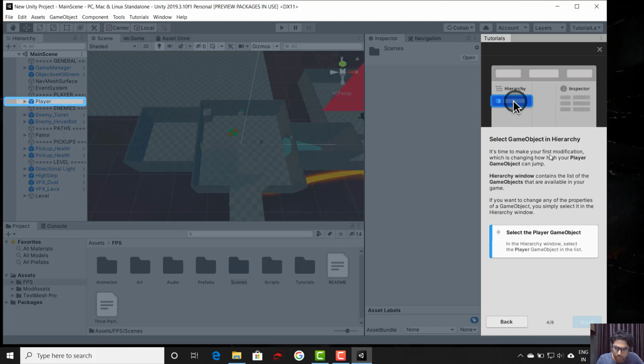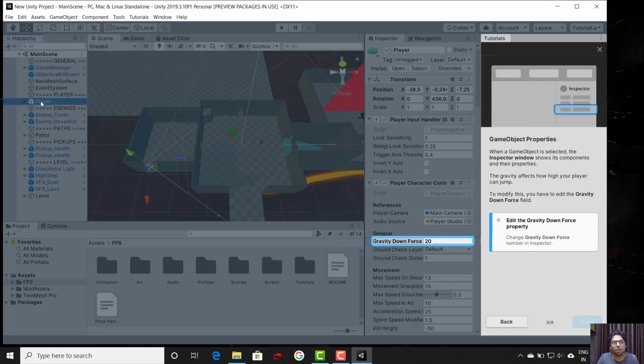Now here it says select the game object in hierarchy. Now I talk about the game object. A game object is the one which is in the hierarchy window. Consider that everything is a game object, but you're going to create some properties and components in it. Based upon those components and properties, it is going to behave differently. For the time being, consider player as a game object. Every game object will have some properties or components. Those properties and components will be available in this inspector window on the screen, right?